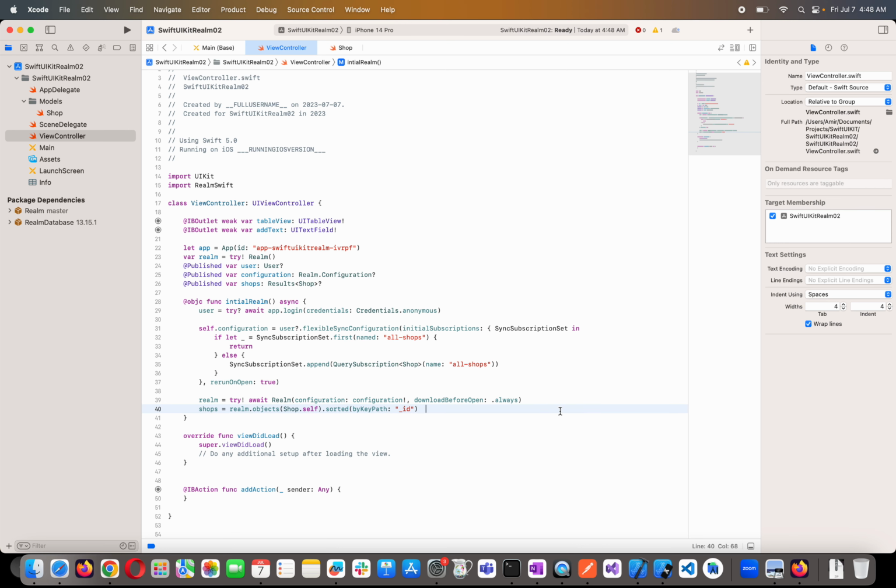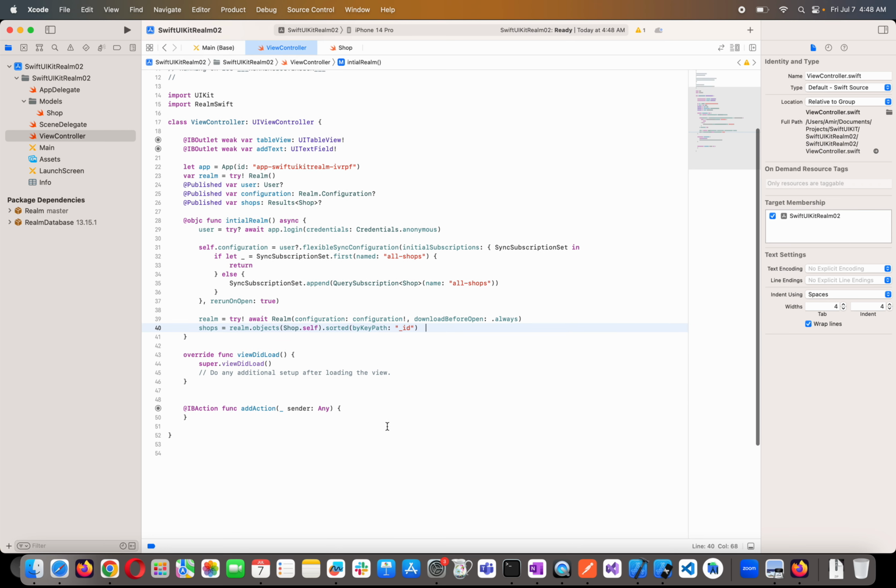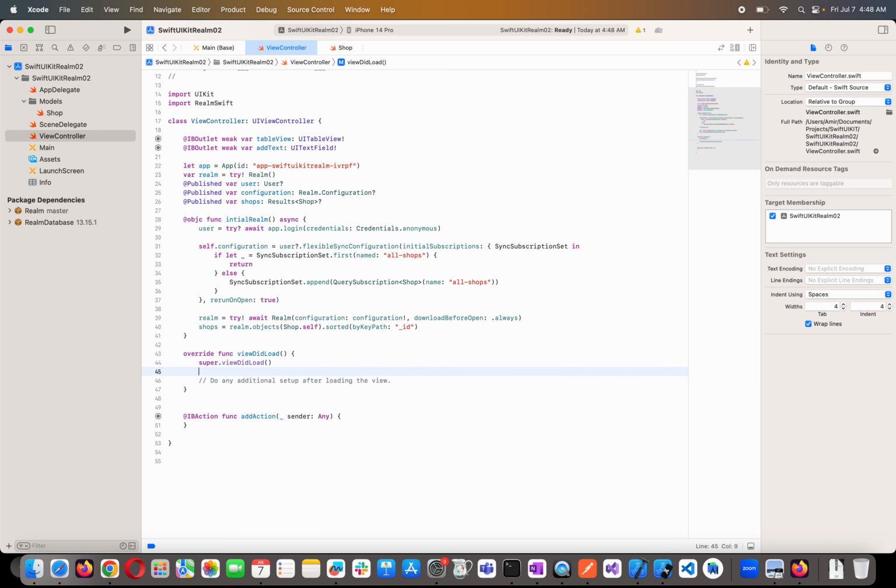Okay, and now we need to deal with the table view. So I start part 2 of the video right now, and so in this I just say my table view dot